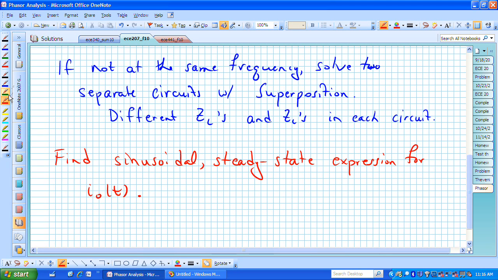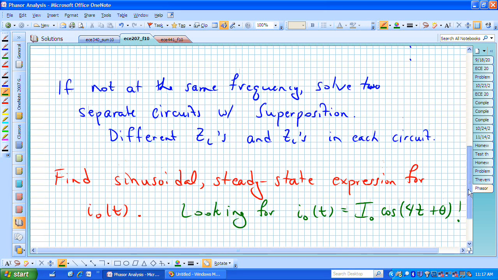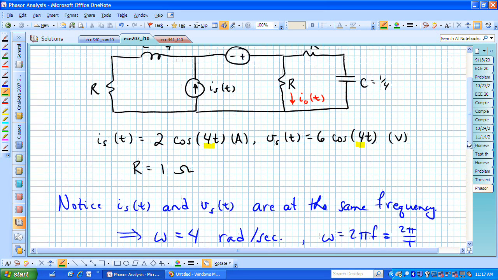Meaning we're looking for something for I sub 0 of t which will be some magnitude times cosine, and we already know the frequency that it's going to be oscillating at, and some angle. This is now the solution that we're trying to find. We're trying to identify the magnitude and the angle of that sinusoidal current I sub 0 of t that's flowing through that vertical resistor on the right,